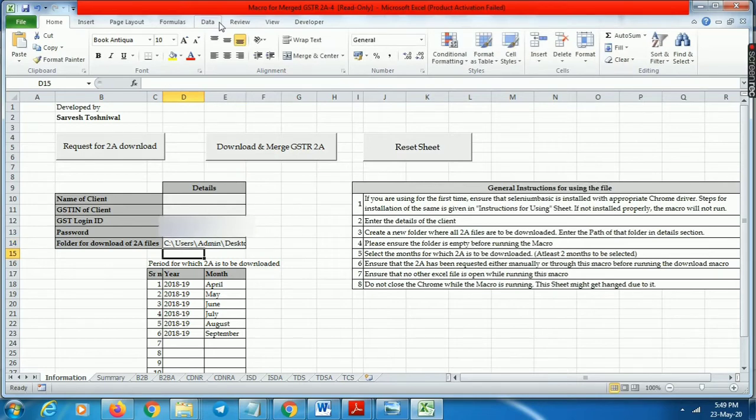Now, after doing this, we will select the period. One more point, please ensure this folder is blank before running the macro. Now we will select the period for which the 2A needs to be downloaded. I have selected the 6 months of 2018-19. You can select the entire year. After this, we can request for 2A download, but since I've already requested it sometime back, I will directly download